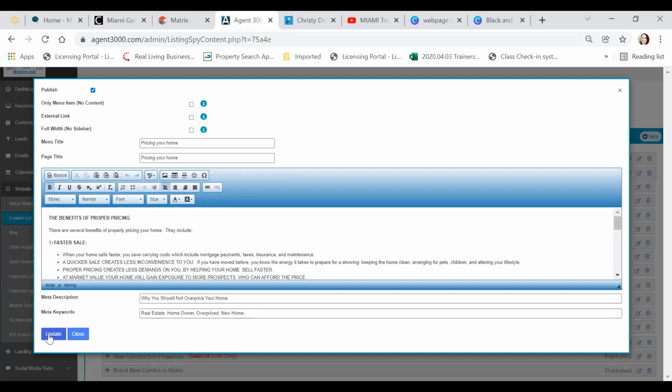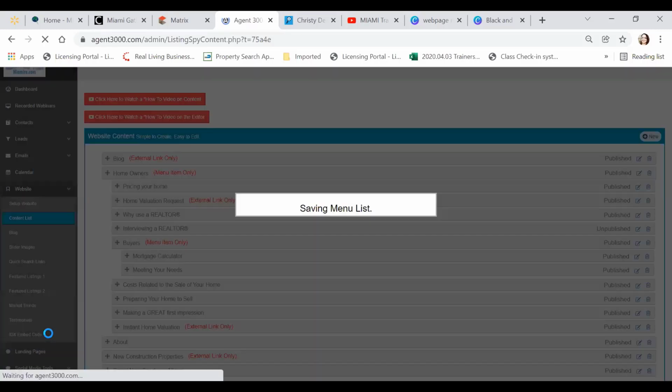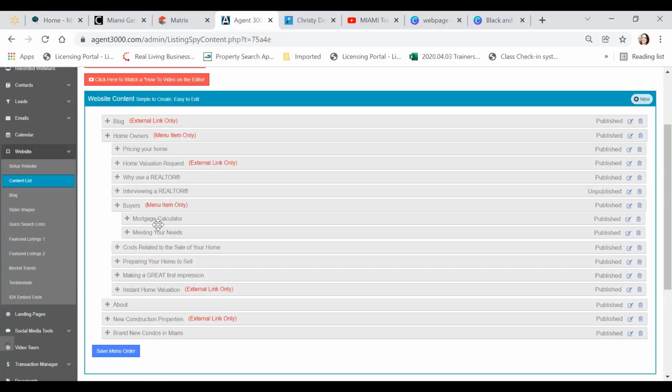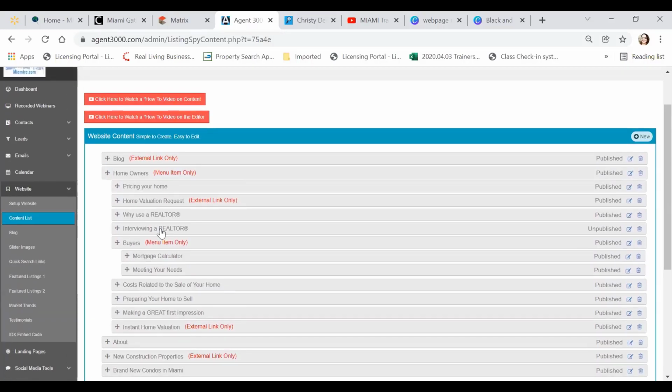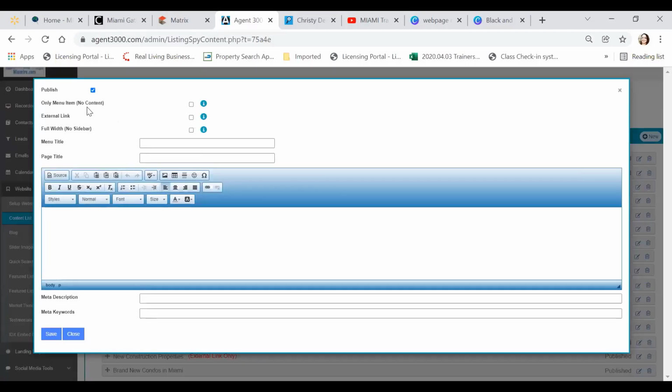You can go ahead and update this information so that all of the different sectors in your website have both that meta description and those keywords, which will make your website easier to find. Clicking on New will give you access to creating a whole new